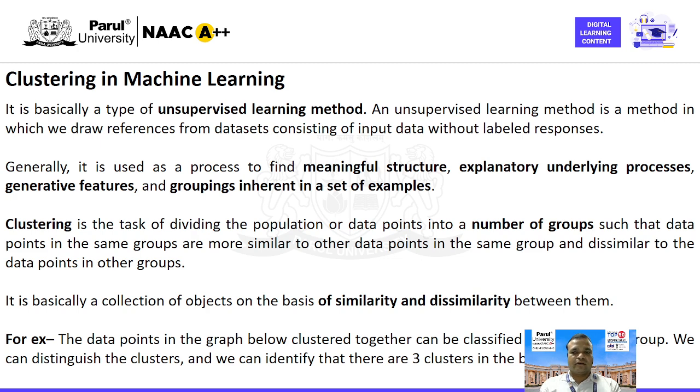An unsupervised learning method is a method in which we draw inferences from a dataset consisting of input data without labeled responses. That means there is no label data. We just work with similarities between the data points. For example,